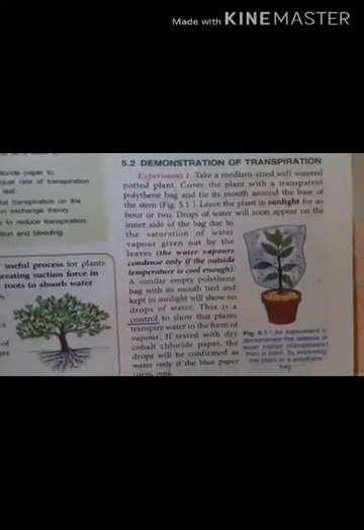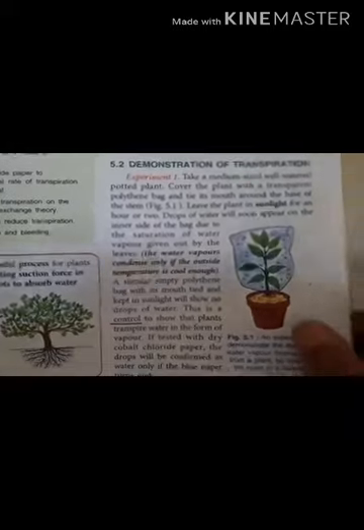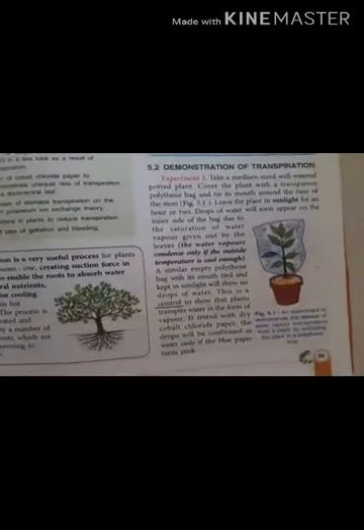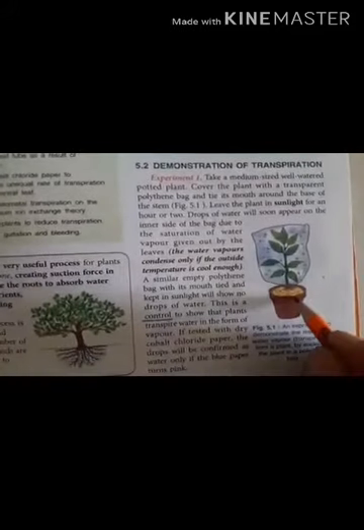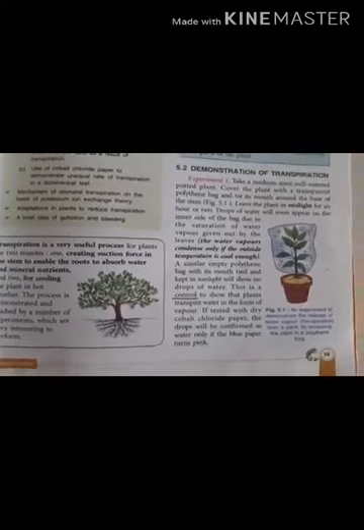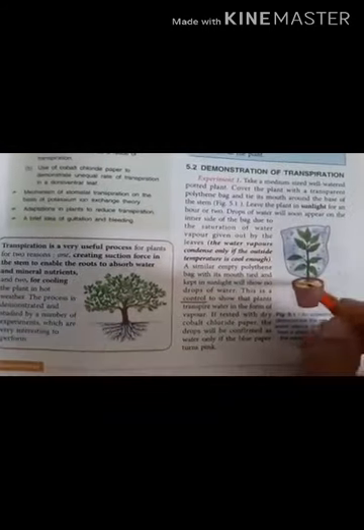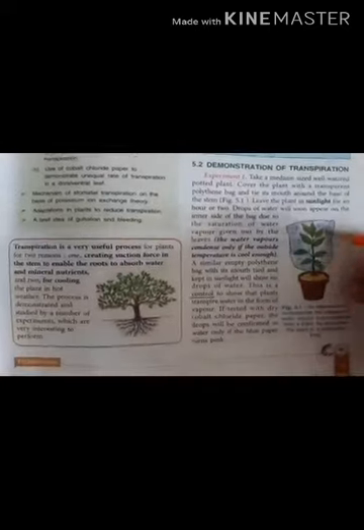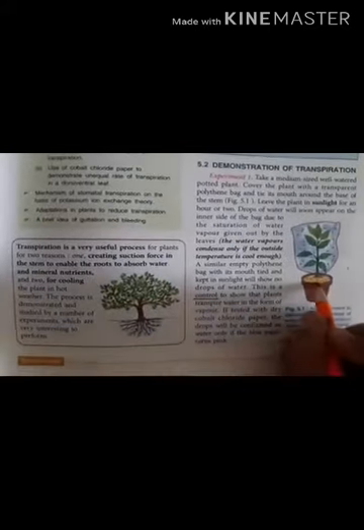Also you must have tried this experiment in your 6th or 7th standard. So let us see what this experiment actually is. Here you have to take one medium sized plant and cover it with a polythene bag. So you can even try this experiment at home. When you cover it with the polythene bag, you have to keep it covered for a few hours, and leave this plant in the sunlight for maybe an hour or two.